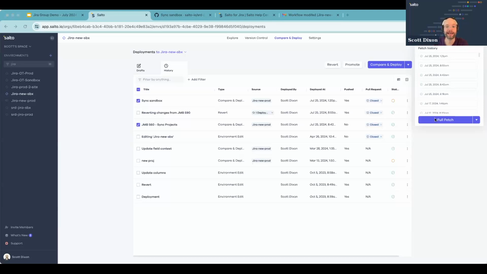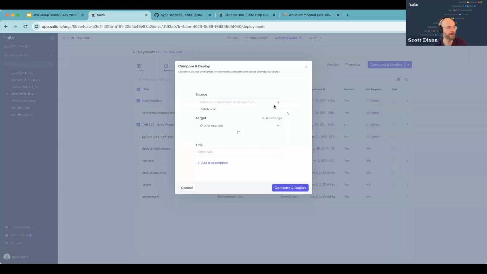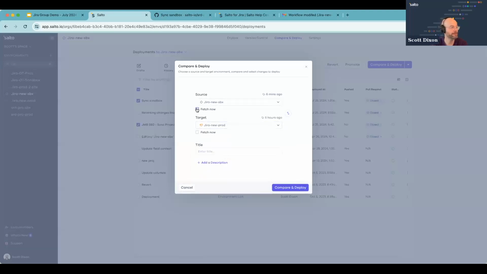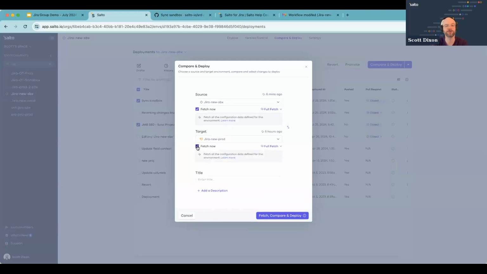In addition, you can run it at any time. We will actually prompt you when you start a deployment. If I click on compare and deploy again, let's say that I was going to deploy a change from my sandbox to my production environment. You can see here, I can click on fetch now. During the deployment process, we'll run an additional fetch to make sure that we pull in all the latest